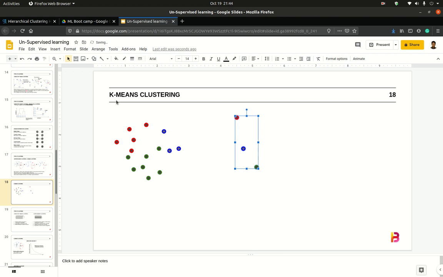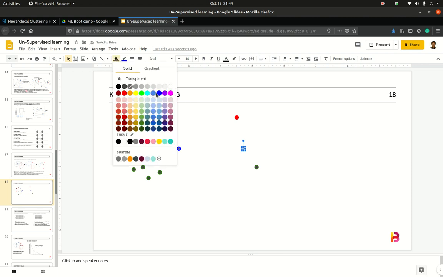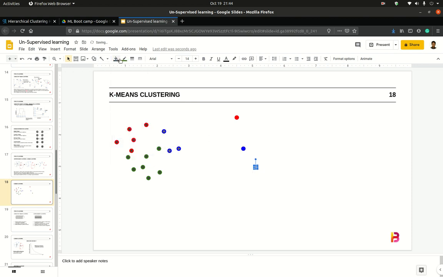I'll color code these differently so that you are aware: this is red, this is blue, this is green. In this cloud, it would calculate a centroid, and this looks like the center of this cloud. This becomes a centroid. For blue, somewhere here, I think it looks like the center of these points. And for green, it looks somewhere here.